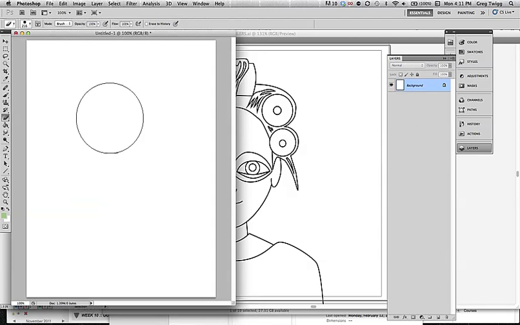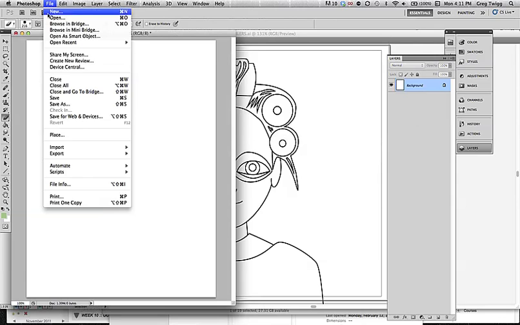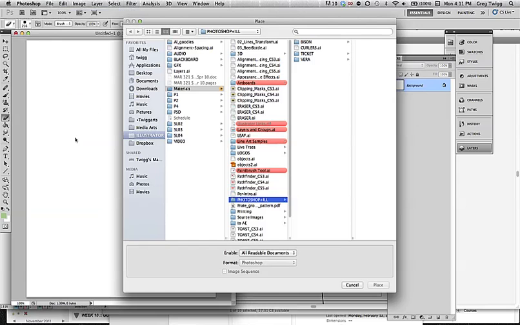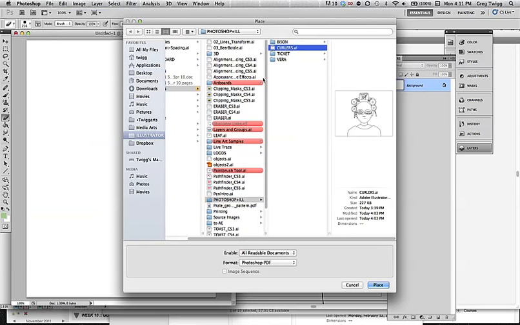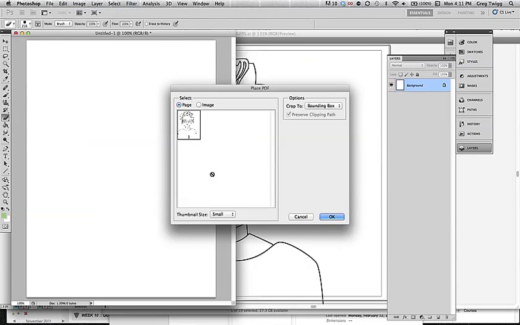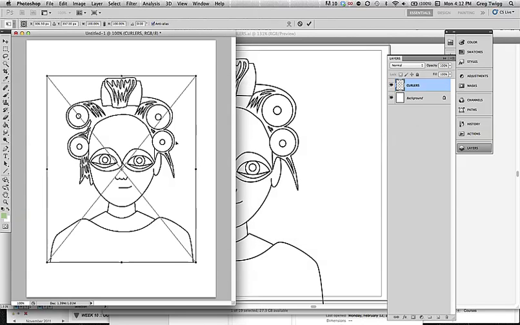And the other way that we could do it would be through File, Place. And this actually gives us a few more options. When you choose Place and you select your Illustrator file, you can see that it still is referencing this as a Photoshop PDF. And when I hit Place, I get the window. It's not as detailed as the other one. It just wants to know how you're going to crop. When you hit OK, it will